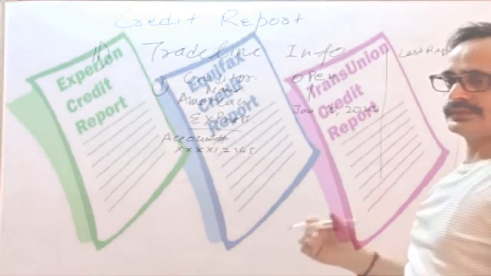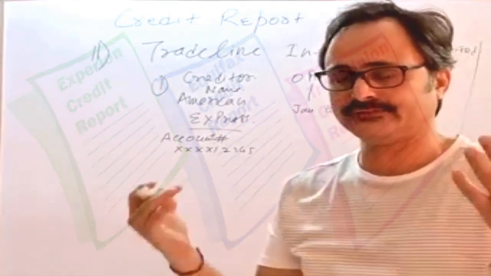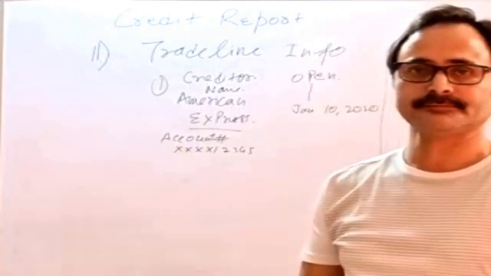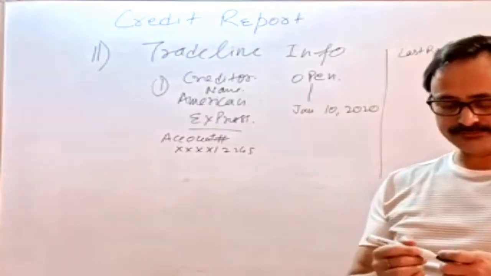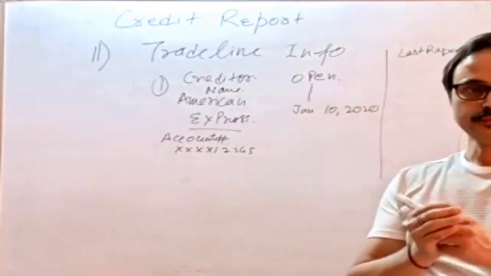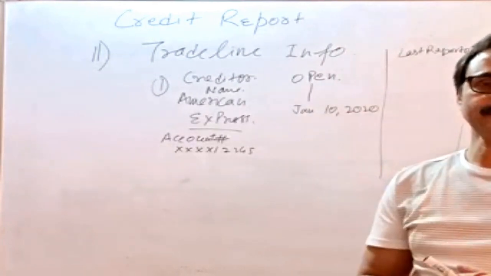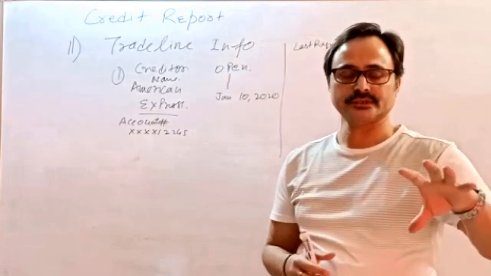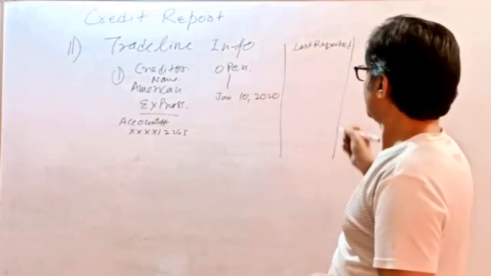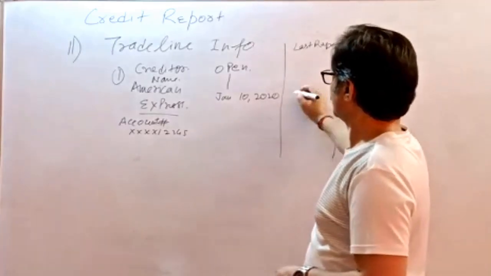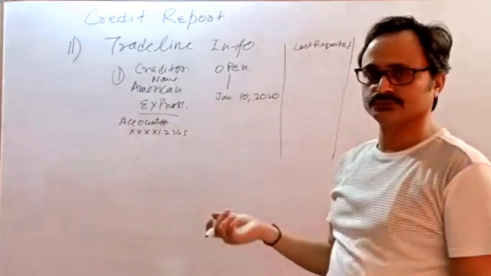Who reported last? It is the bureaus, when they last reported. I told you, whatever transactions we or anybody is doing, whenever those transactions are done, that transaction is reported at least after 30 days. Something is ongoing, right? It takes at least 30 days mostly. So the last reported date could be like January 10, 2020, and then that has been reviewed for so many days.